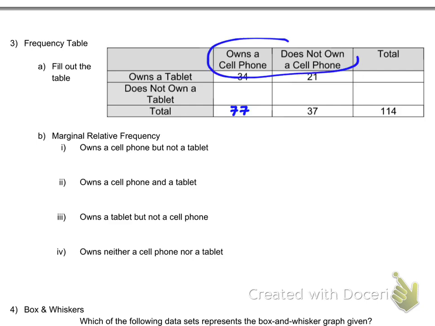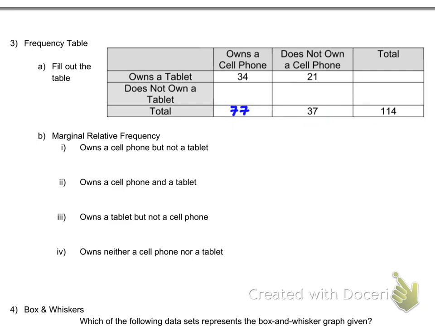One of them is whether you own a cell phone, and the other one is whether the people in this table own a tablet. And you see in this case we have some of the values filled out, but we need to fill out the rest. And what you need to know for this is that these two totals, this plus this, will add up to that total right there. And we can use that, and I just did, to do 114 minus 37, and I